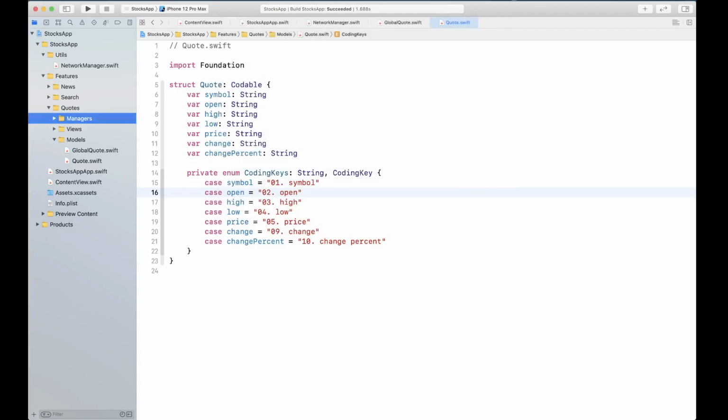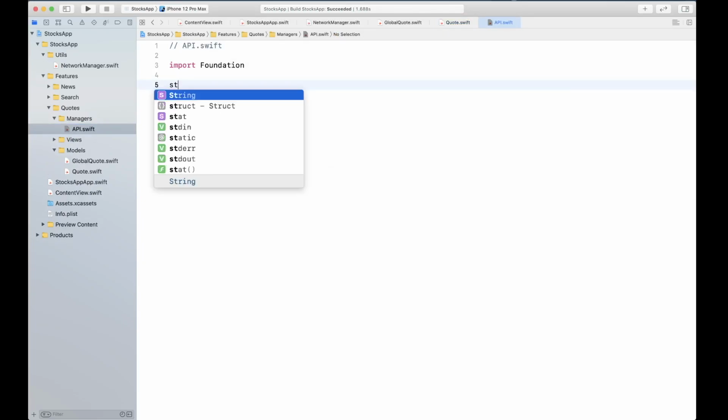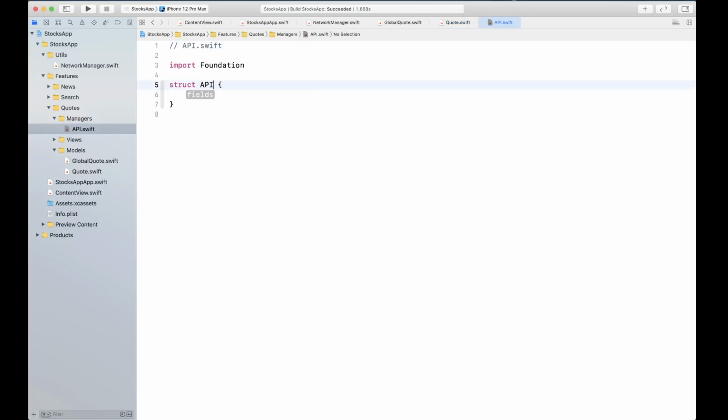So just create API.swift, and import Foundation is good. We're going to create a struct API, and we will have a few properties and functions in here. The purpose of this struct is to provide the base URL and symbol search and quote search stuff.